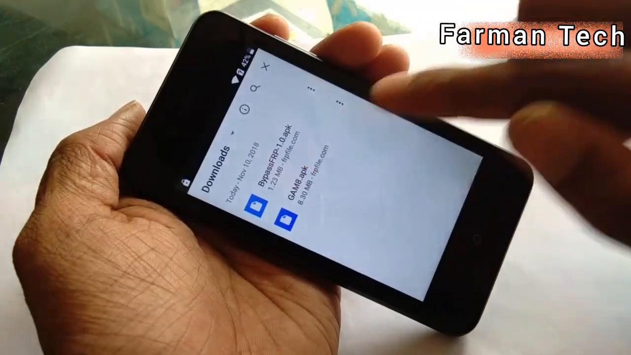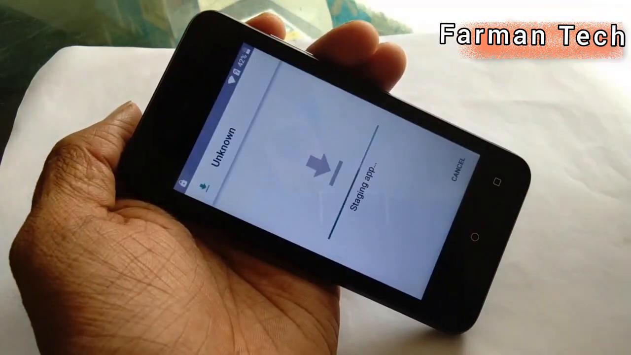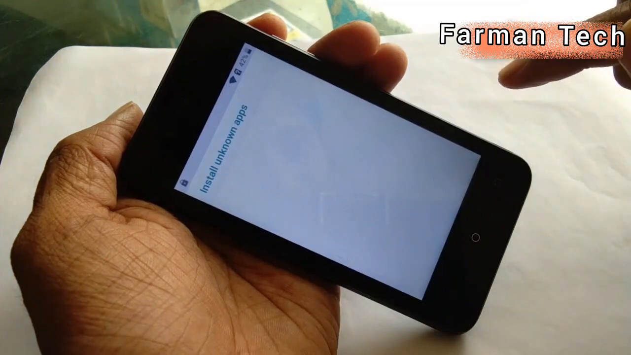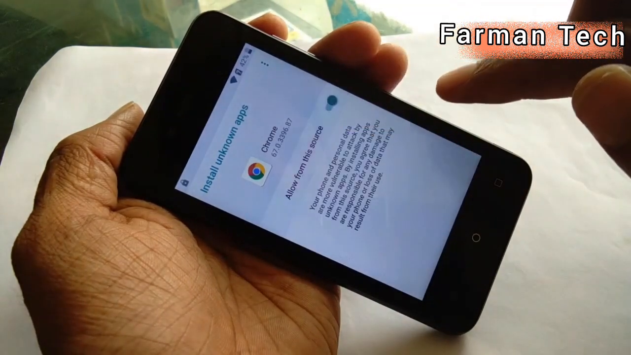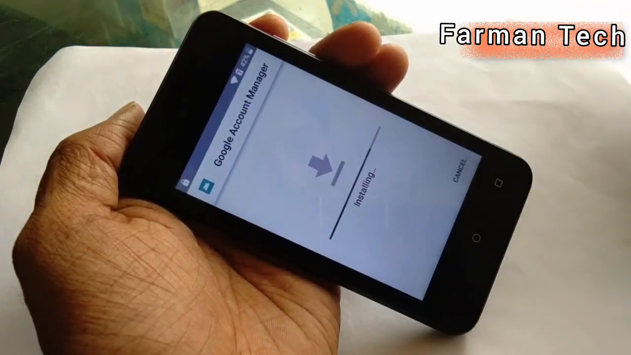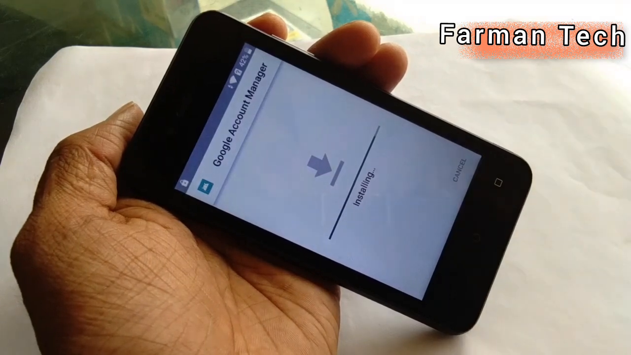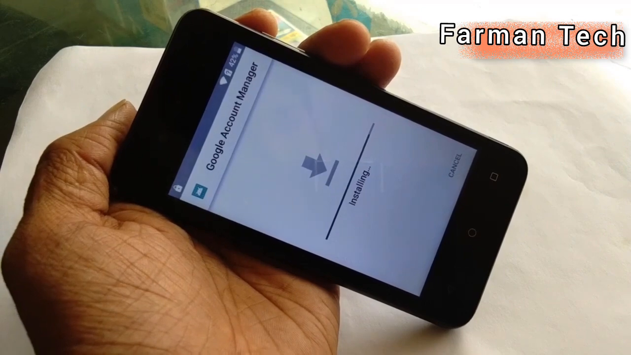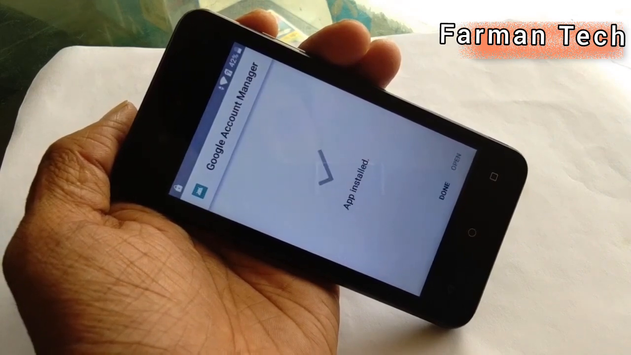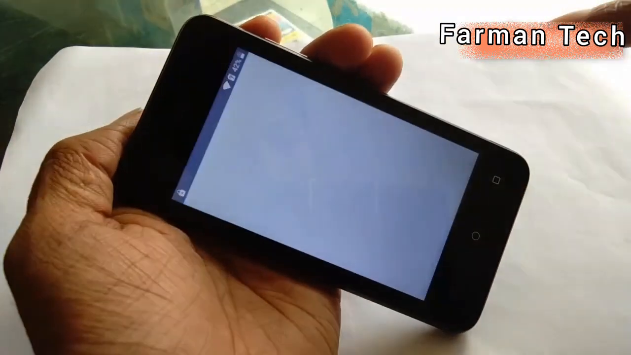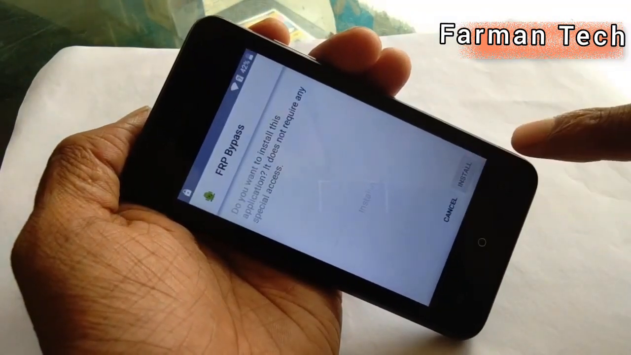You can see here two applications are downloaded and install Google Account Manager. Settings, allow. From this source, go back and install Google Account Manager. Do it. It is installing now. Done it. After install, bypass file, install,